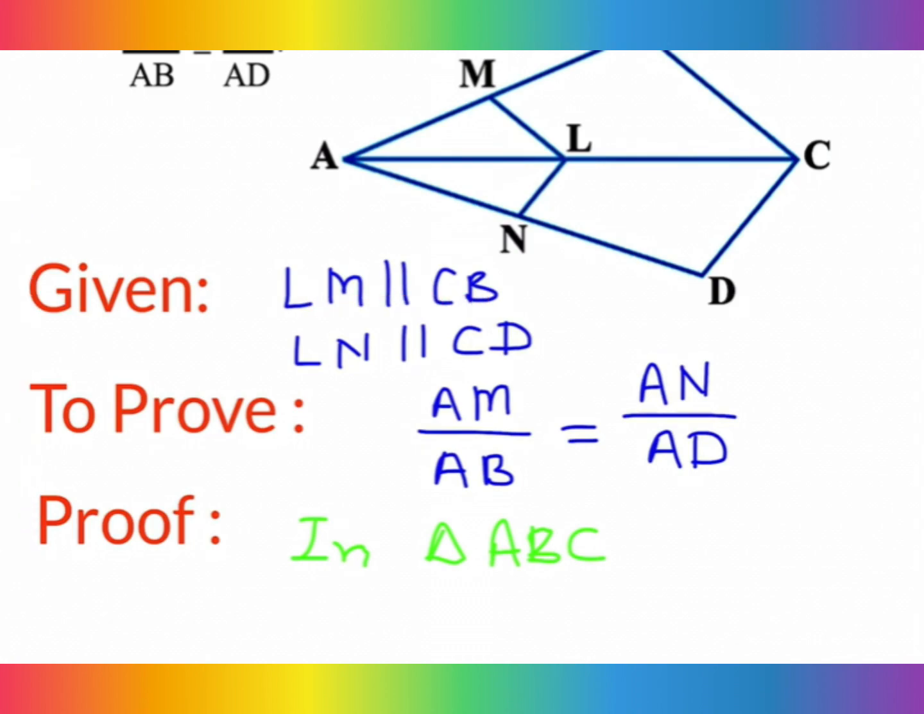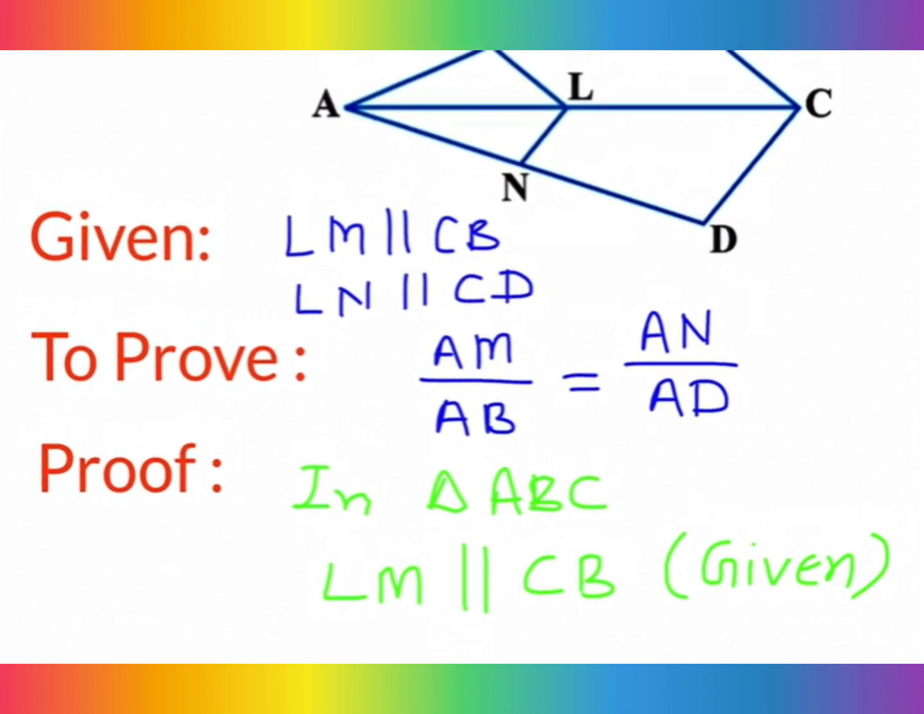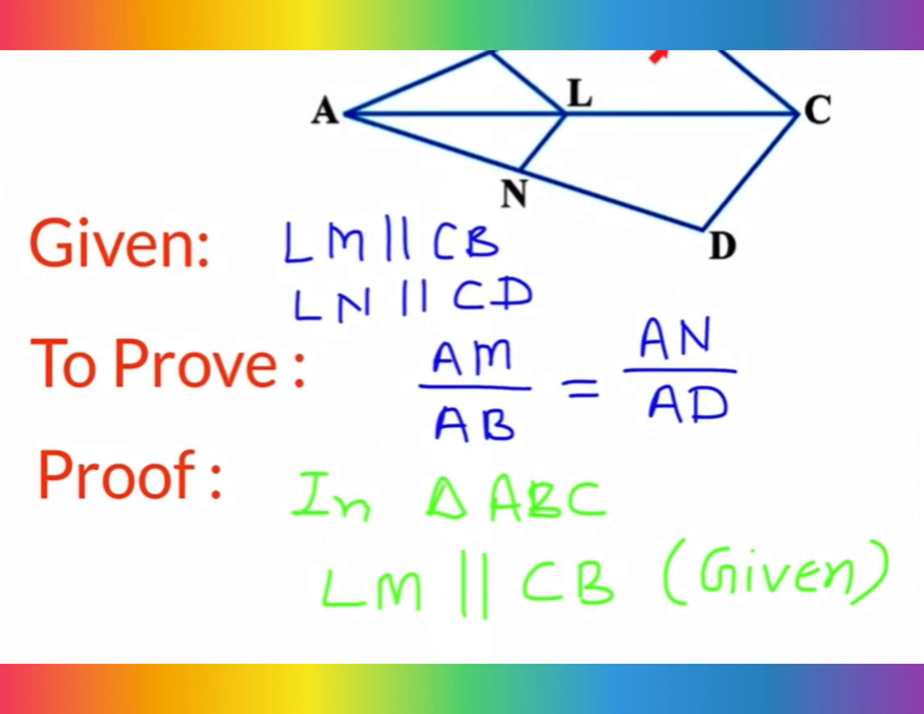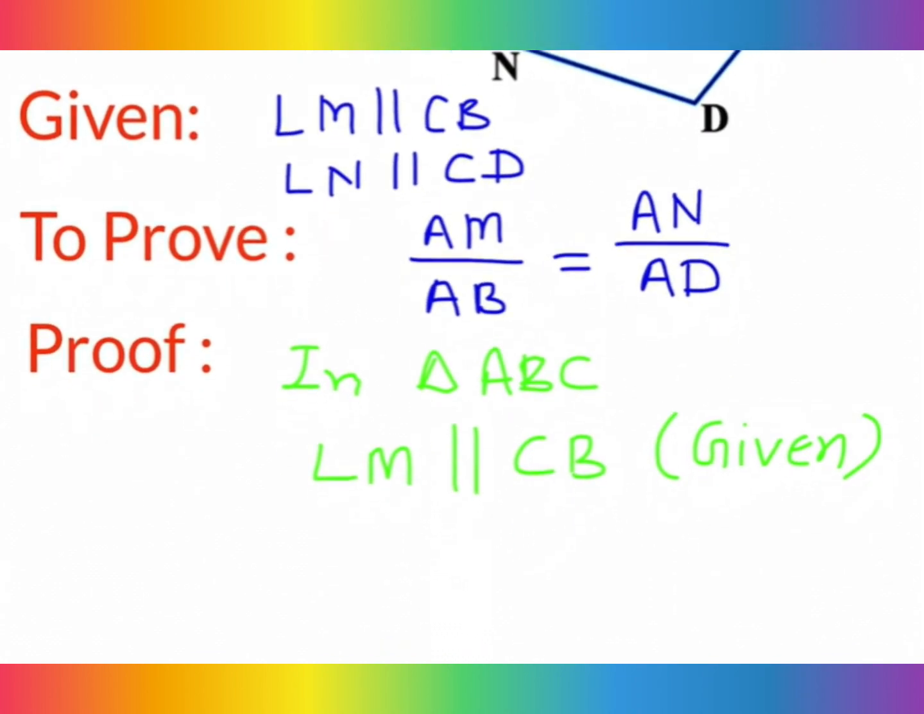You can also write LM parallel to CB. This is given. And you know very well, in a triangle, if one side is BC and any other line is parallel to this one side, then the other two sides are divided in the same ratio by the basic proportionality theorem. So you will write here: by BPT, we get